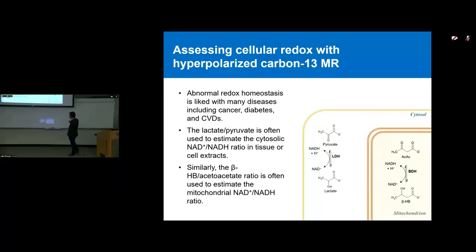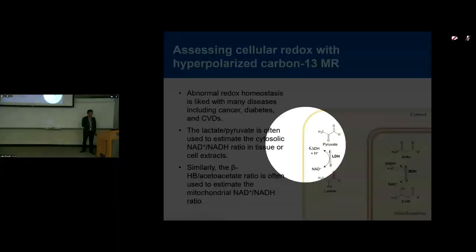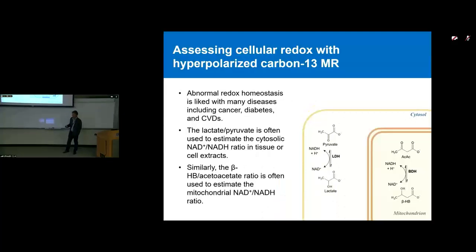Again, measuring redox is not an easy task, be it in vivo or even in cells, because a lot of time people resort to measuring the NAD to NADH ratio, or another aspect that people use is to look at the redox pairs. If you want to look at the mitochondria, you look at ketones: acetoacetate is the oxidized form, and beta-hydroxybutyrate is the reduced form. When the redox change takes place in mitochondria, the ratio of these two molecules would be changed as well. So in our lab,